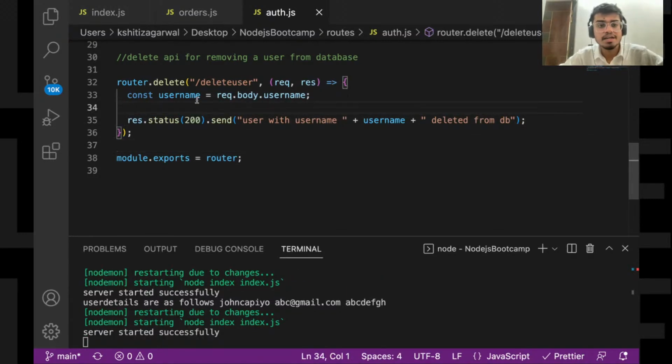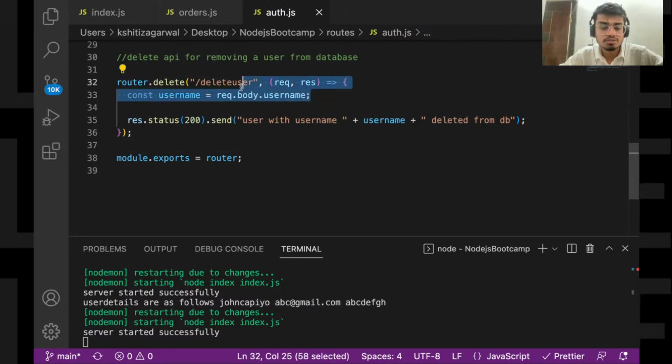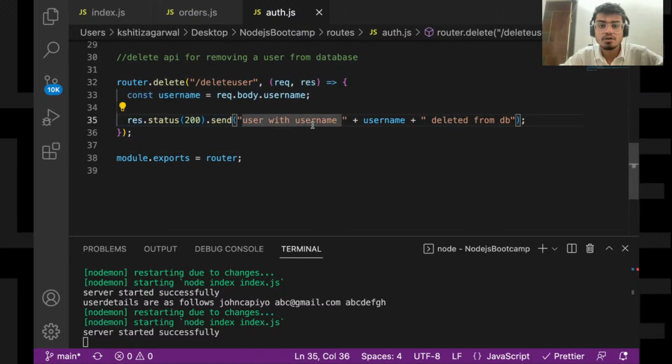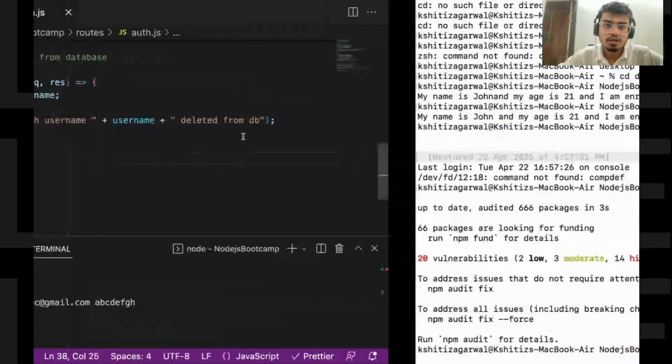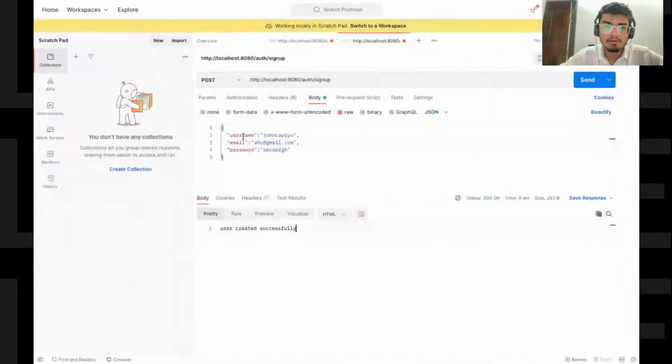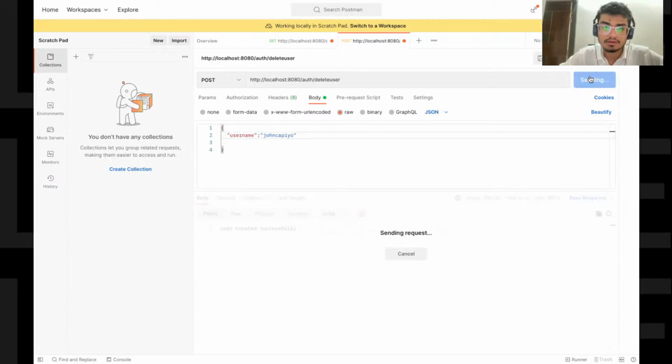So simple delete API. It allows the user to send some request body, and depending on that, we'll do some operations and simply send a response. Let's go back, and it is auth only. So delete user. I require only the username. So John Capio would be removed if I just send it.